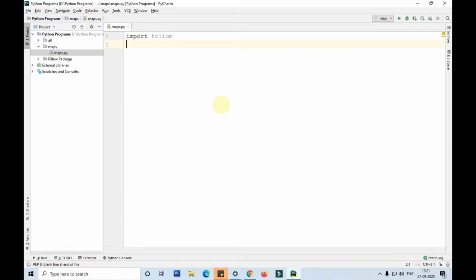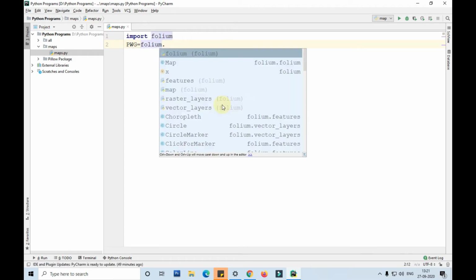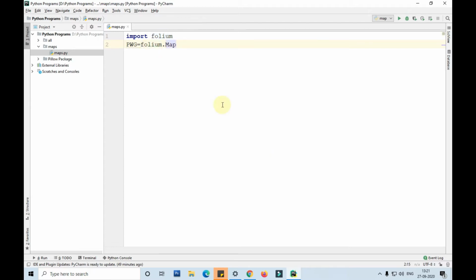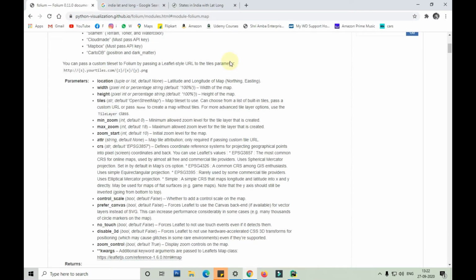I'll take pwg equals folium.Map, opening the brackets, and location equals opening the list. In the list I'm giving the latitude and longitude, guys, so that it can check the value correctly.